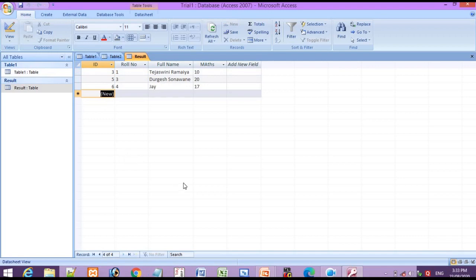Here it is not appearing, but a horizontal scroll bar is there when we have more data, and a vertical scroll bar appears when we enter more data within a field. But it's not appearing because we have not entered larger data; we have entered only three records. That's why horizontal and vertical scroll bars are not appearing over here. But the vertical scroll bar is at this side and the horizontal scroll bar is over here, for moving forward and backward, top and bottom.